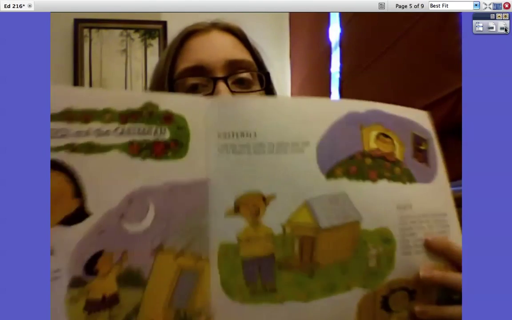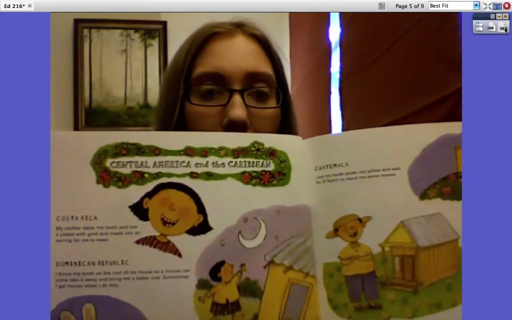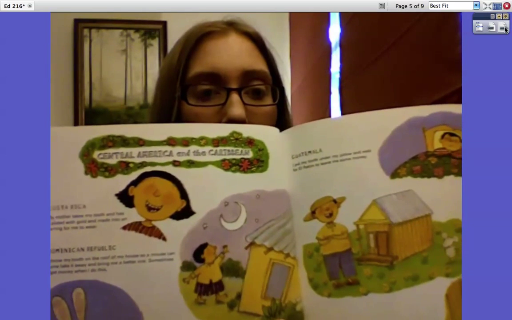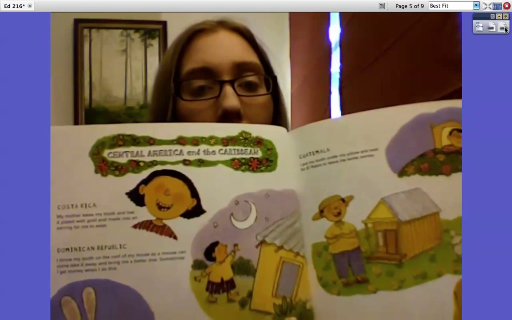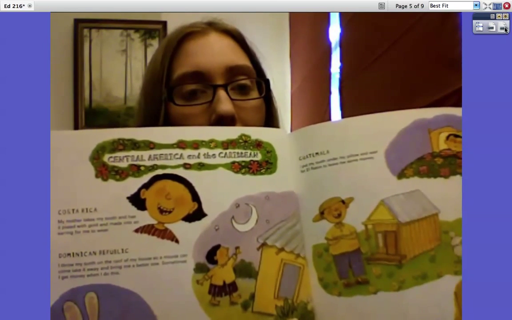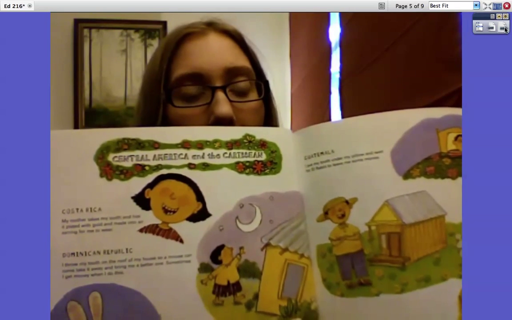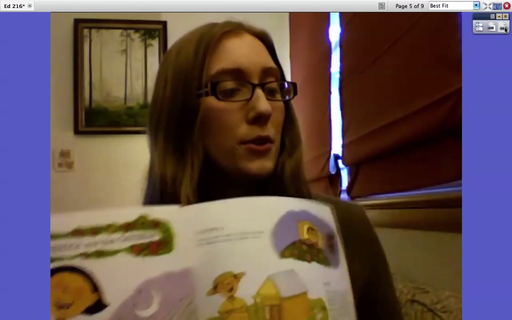Then when you flip the page, you have another region. This time it's Central America and the Caribbean, and you have different countries in that region: Costa Rica, the Dominican Republic, Guatemala. And again, you have the visual image of the tooth traditions as well as the written description. And so the whole book goes like that. So when you turn the page again,